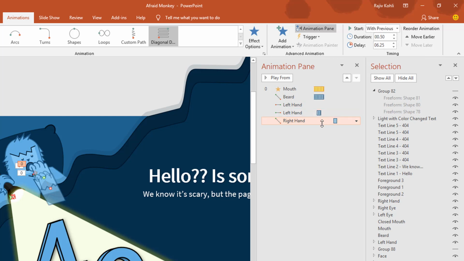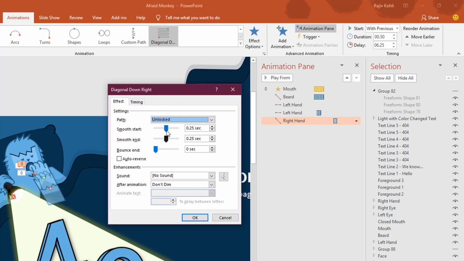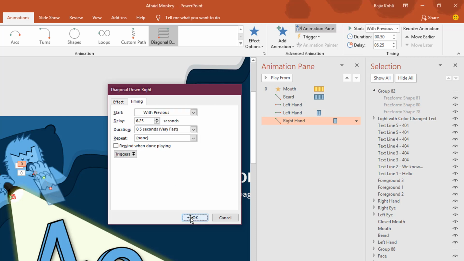Open the effect option window by double clicking on this effect, and here I need the default smoothness for this animation, but don't want to reverse this effect because I want this hand to move right down here and stay there until I apply the next animation to this hand. And if the timings are correct, hit the OK key.